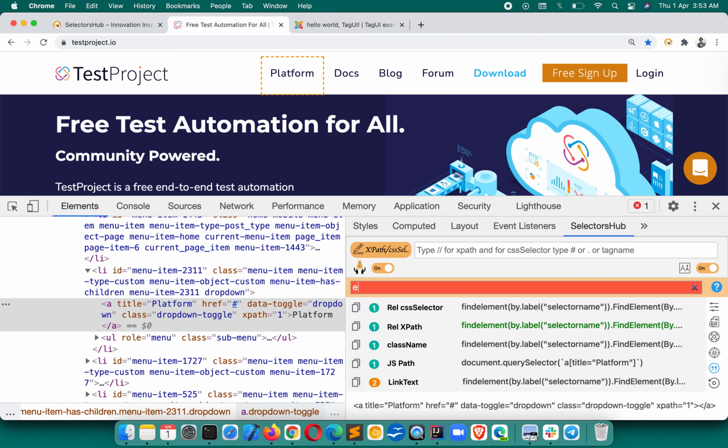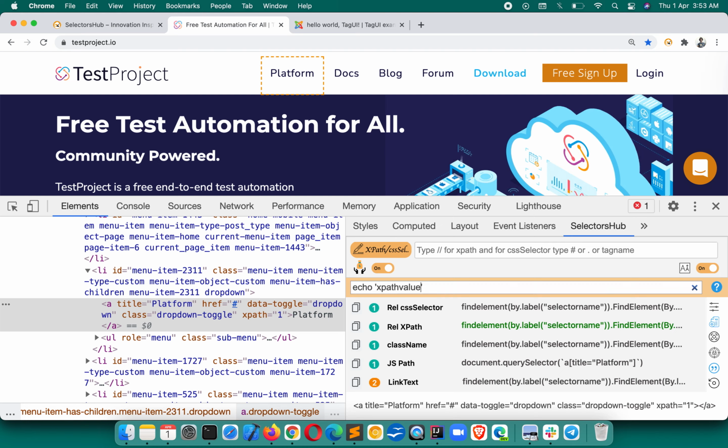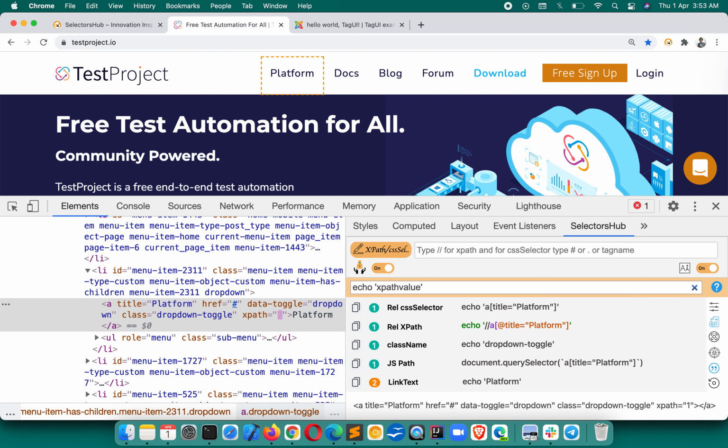Press this echo, and as it is now generated with double quote, you will have to enter the value inside single quote. Make sure that whenever you generate XPath with double quote, you keep this XPath value inside single quote. So you see that it is generated, and now you can copy and use it in your Tag UI script or whichever script you are using.